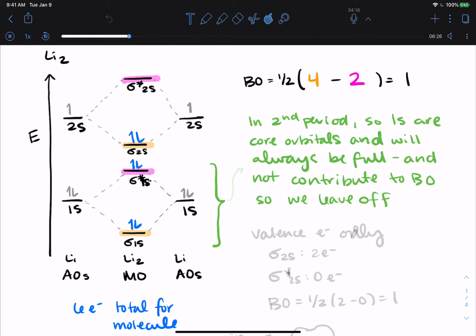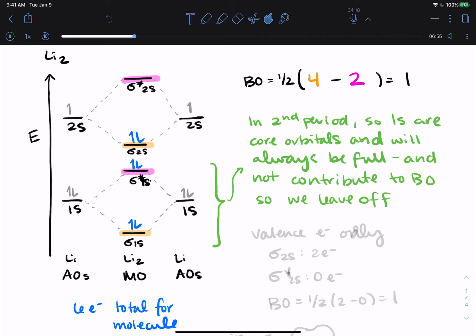So you will see, and it's not incorrect to draw the core set, but once we start having the s and the p orbitals in our MO diagram, it's just going to be a little bit prohibitively tall. If we also include the core, plus the core doesn't tell us the information that we need about the bonding order, because it always cancels out if you have all of the bonding and all of the anti-bonding in the